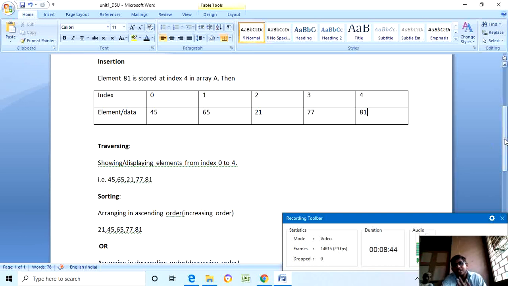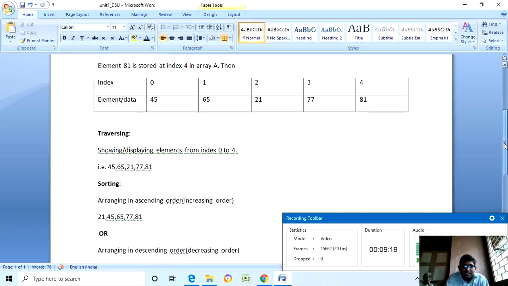If the data structure changes, accordingly we have to traverse it. In this case we are considering an array as the data structure because you are not familiar with other data structures currently. As we proceed through our lecture series, we will identify other data structures also. Then you can again define what traversing and insertion are, but the basic idea is common. Traversing means displaying the elements present in that data structure. In this case it is an array, so we are displaying the elements present in the array.